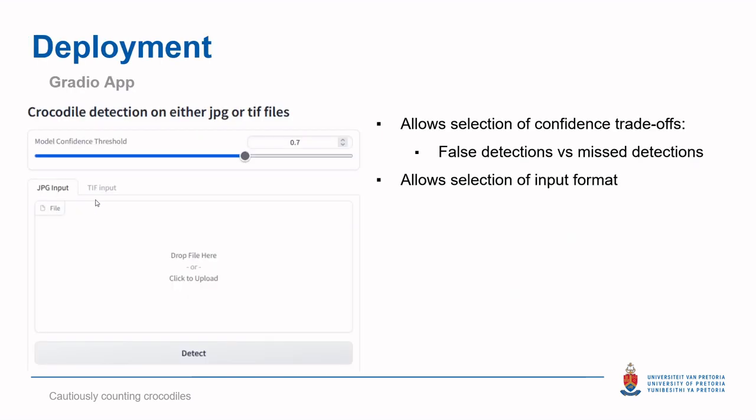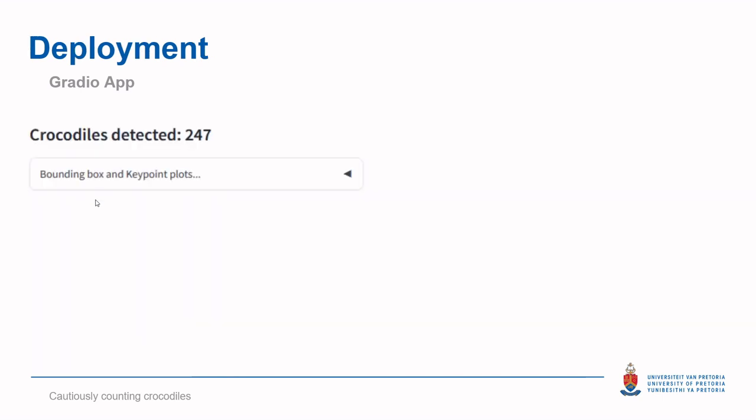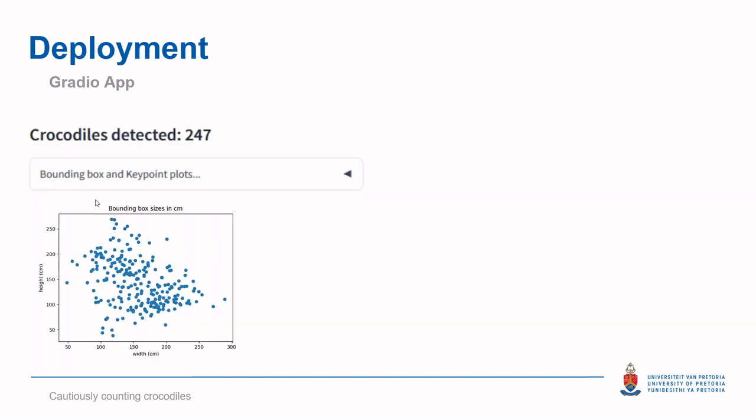We then deployed our web app based on Gradio. We allowed the user to specify the model confidence threshold, trading off the false detections and misdetections. The user was also allowed to specify the file input format. The web app indicates the total number of crocodiles detected in the uploaded image, as well as a few additional visualizations, including the bounding box size distribution,